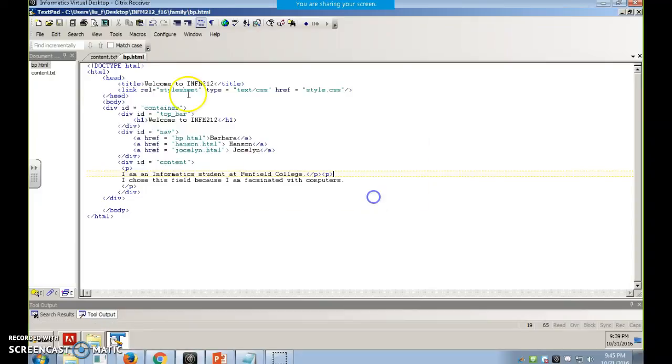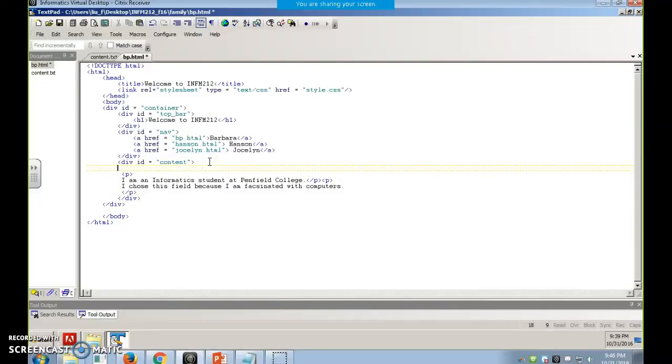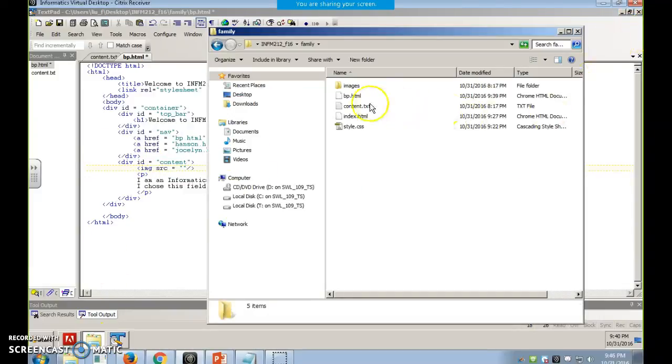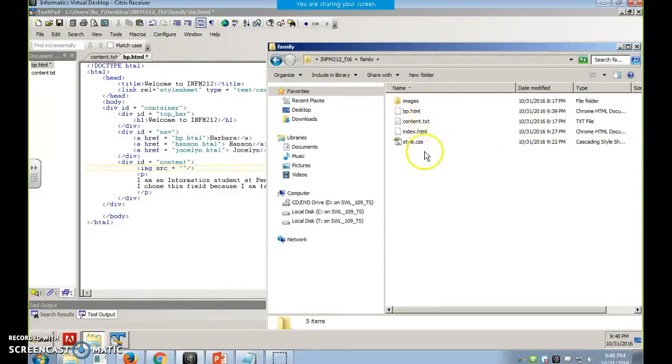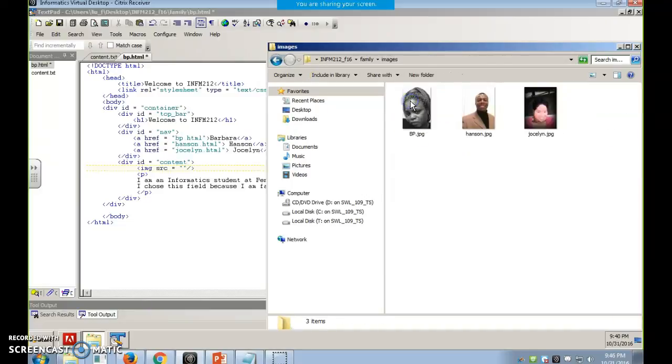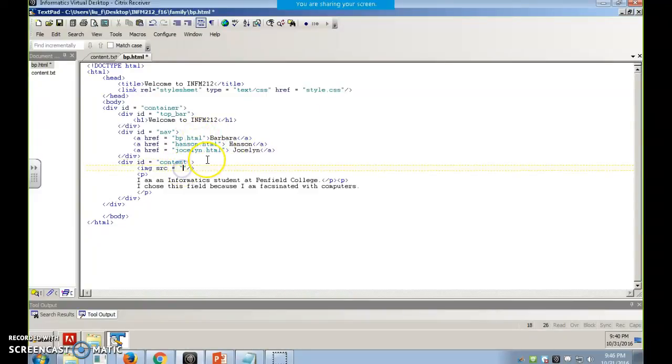Now I have her information, and before her description, in the content area, I would like to have her image there, right? I don't know why this is not indented, but I'm going to add her image with the image tag. The image tag is a single tag. Before I close it, I need a src equal to, oh, what did I save that image as? I go back and see it's in the images folder. I'm currently in the index file, so I have to get access to the images folder, then get her BP.jpg, with capital BP. So I have to define the folder: it's in the images folder